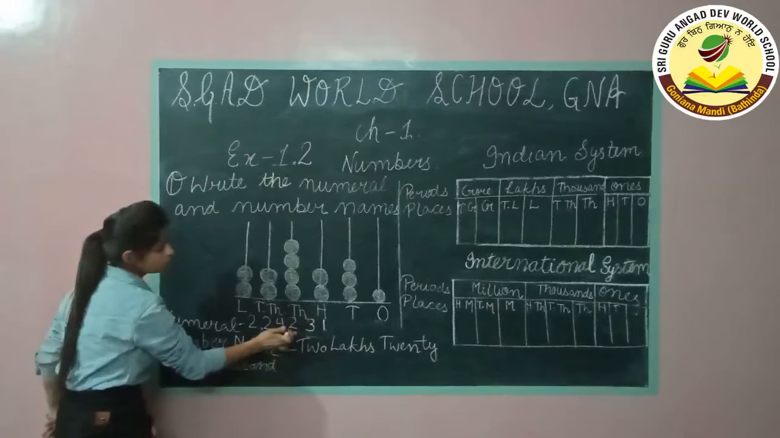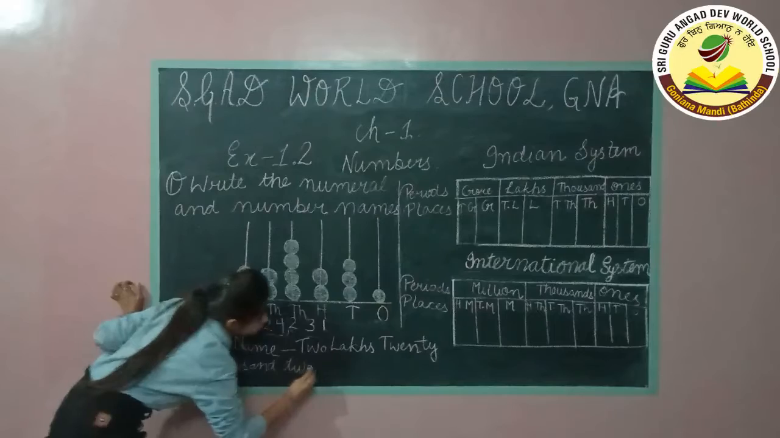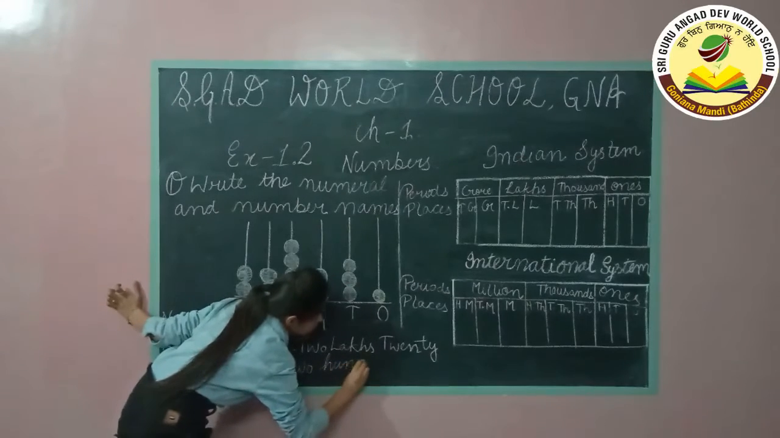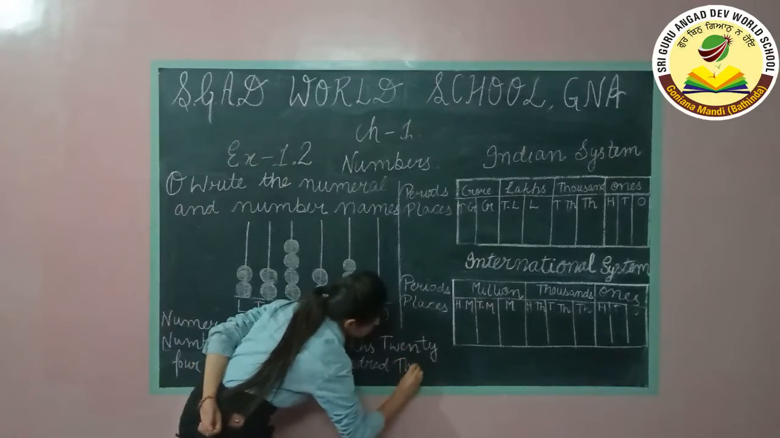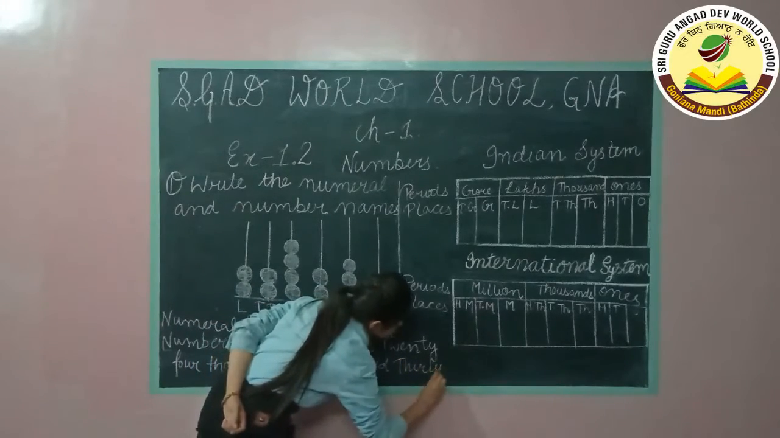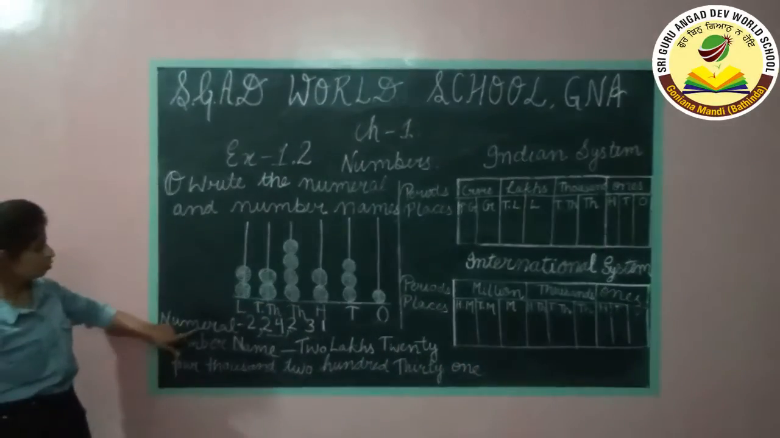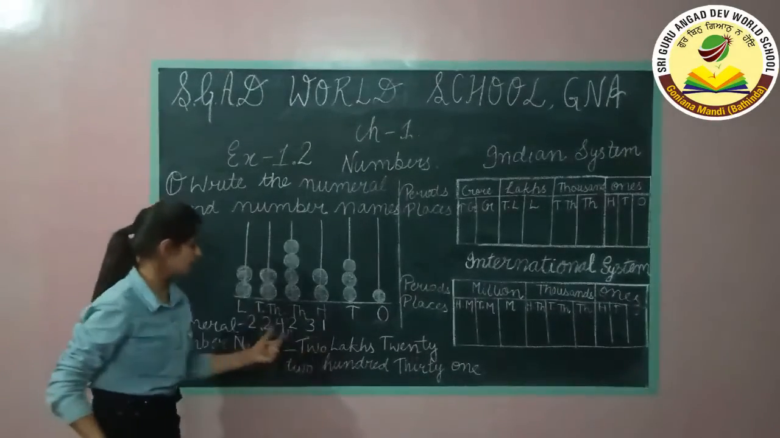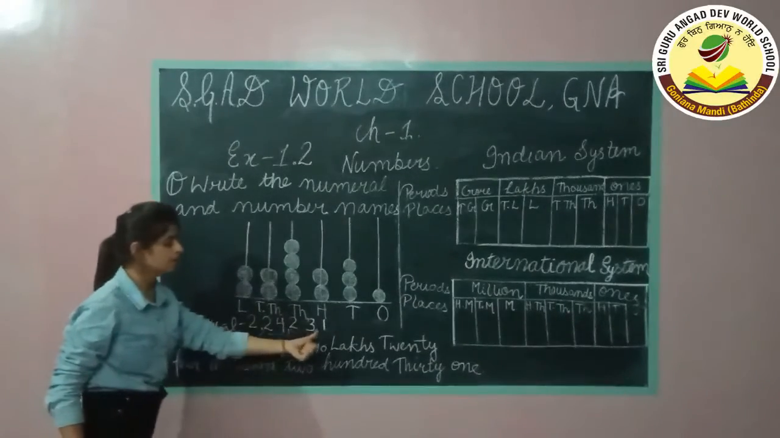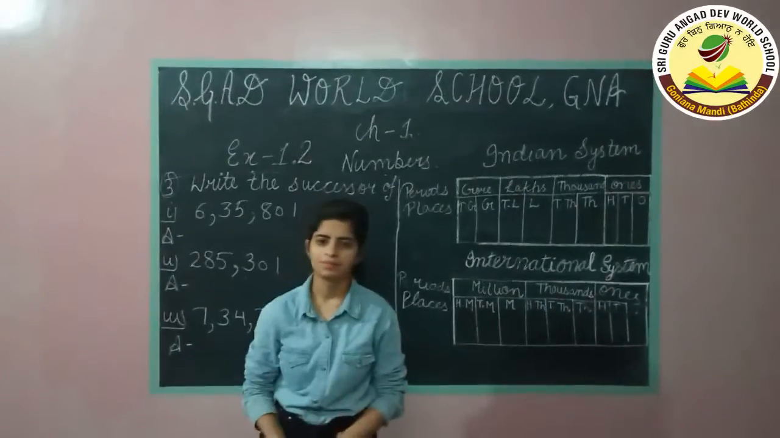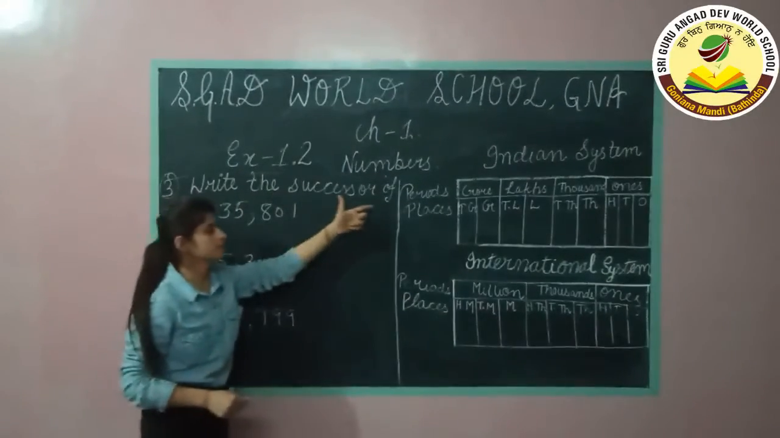in the ones period, 231. We write it. 231. There is the numeral 2,24,231. In the third question, we write the successor of